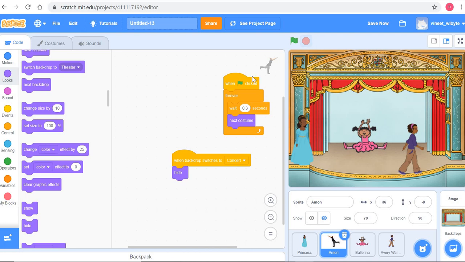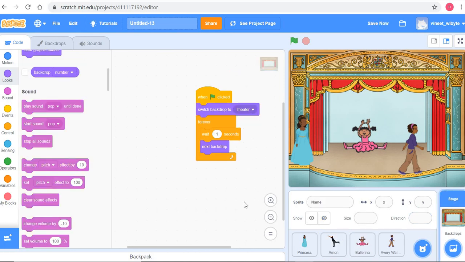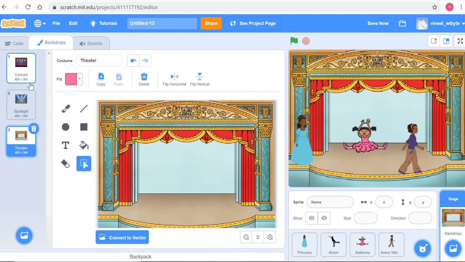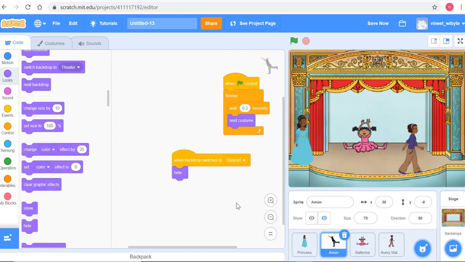Why did it hide? Because I chose this event called when backdrop switches to concert. As you know, in the backdrop code, I have put when flag clicked, keep on changing the backdrop, every 1 second. Which means at some point it becomes concert. We have three backdrops here: concert, spotlight, theater. At some point the backdrop becomes concert, and once that happens, Aemon senses the backdrop is concert, nicely goes